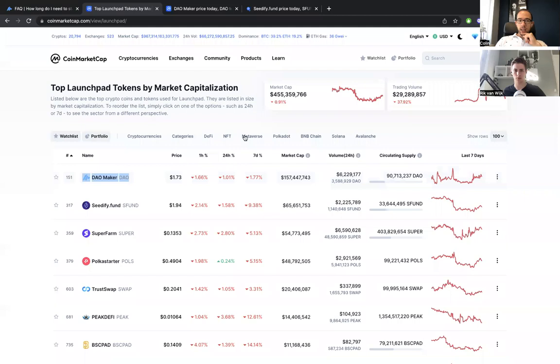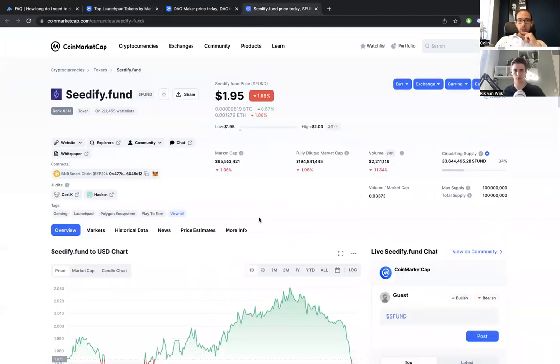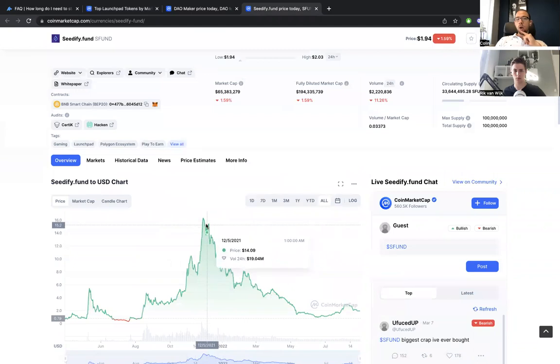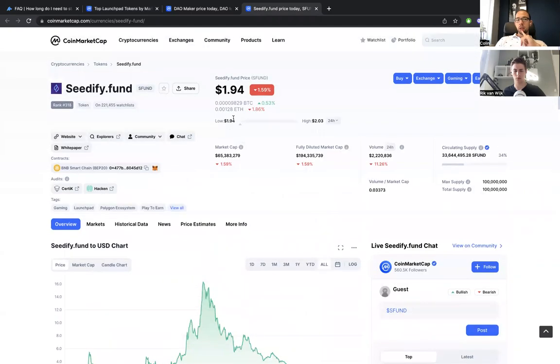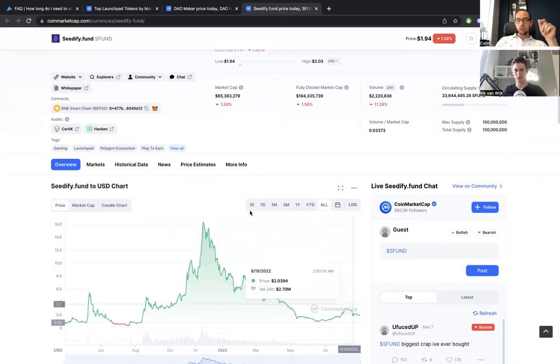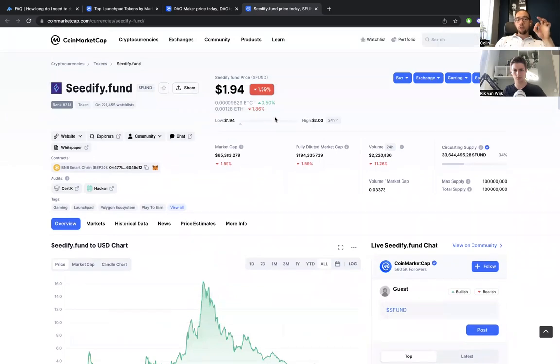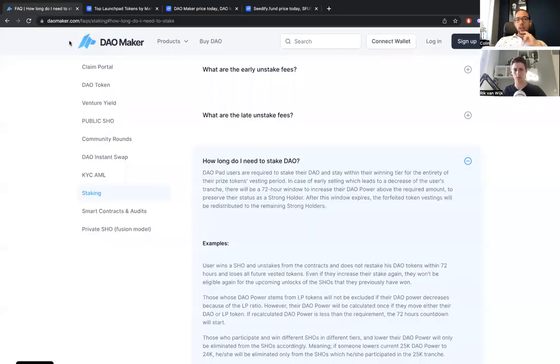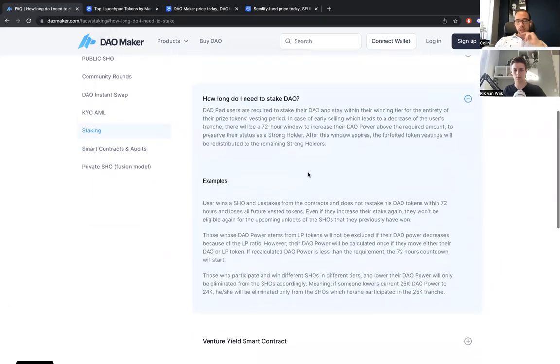Seedify coming in at second place at the moment. That has gone down way more. From $16 to $2, still an 8x down, but in terms of numeric value, way more discrepancy. Make sense? And then if you go even into the lower market caps, it becomes more and more significant. I know for a fact that if you stake on Seedify and your period ends, let's say 60 days, you can unstake, sell your tokens, and still receive the vesting, right? On DAO Maker, they have specifically different rules, which makes sense. However,